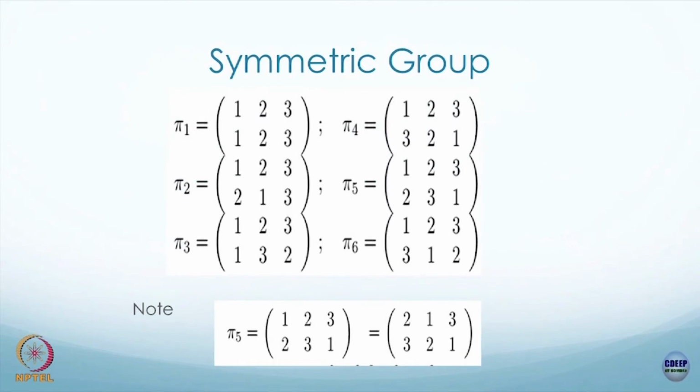Okay, I also tried to stress the fact that exchanging the columns should not change the elements. So, if you exchange the columns, both are actually the same element. Okay. So, this I have tried to stress here, that you could exchange the second column and the first column. You can even exchange all the columns in any combination, but the element will be the same. It is not only true for pi 5, any element actually. I just tried to show that.